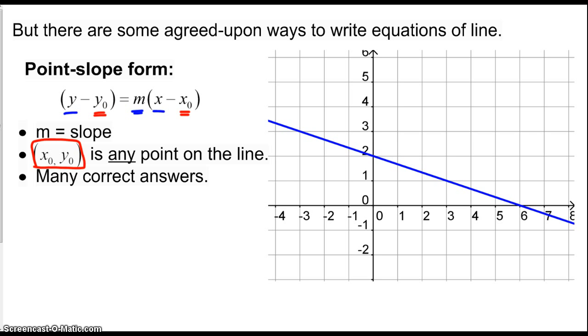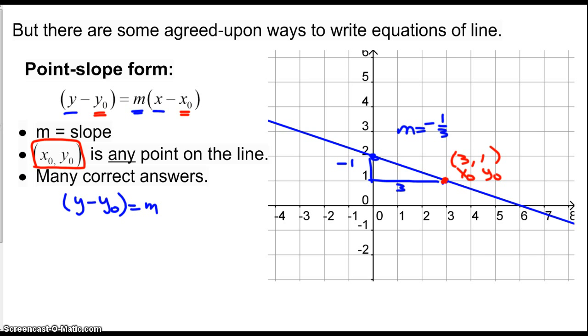Let's say that I wanted to write a point-slope form equation for this line right here. Well, first of all, I need to know the slope, so I would maybe pick a couple points here and say this goes down 1 for every 3 that it goes over, so I know the slope is negative 1/3. But then what I'd do is I'd pick any point. Let's pick this one, 3, 1, and then I make the 3 the x0 and the 1 the y0, and